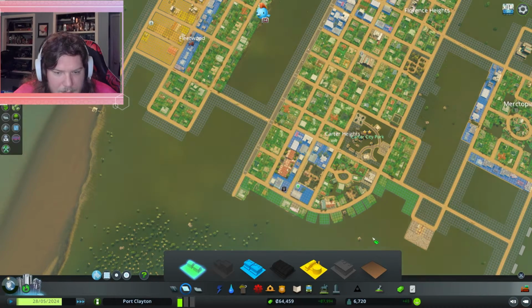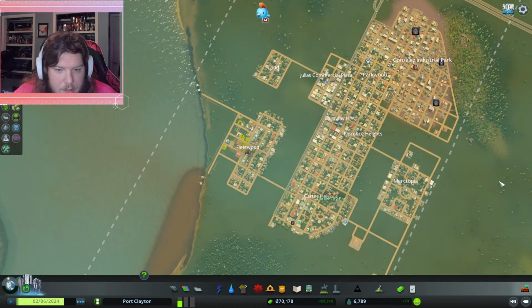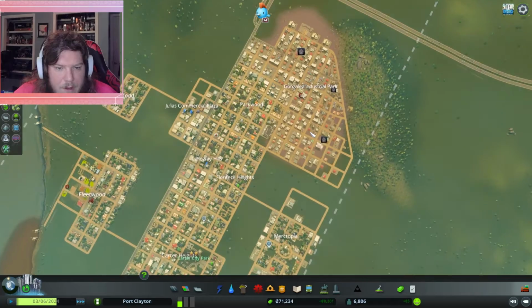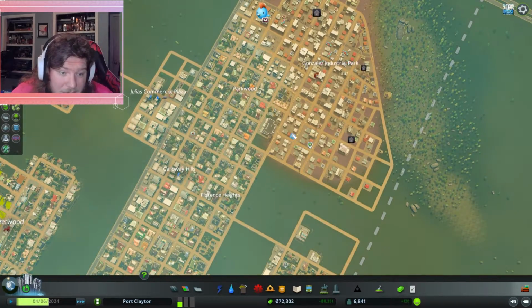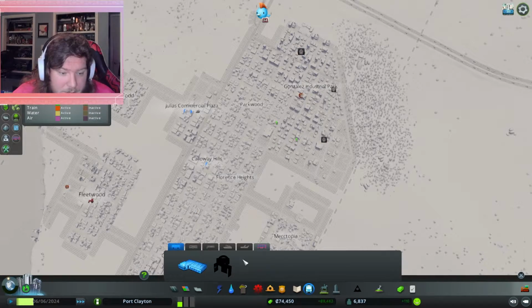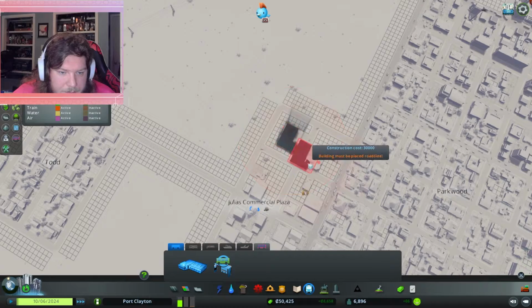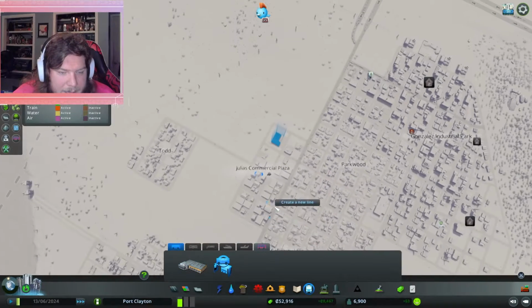Kind of like that, although that's a dump, so I don't want to do that. Everything is going well, except for we're getting a lot of abandoned buildings, so not a lot of workers. So this is when we really need to add in our public transport. So I think if we add a public transport here into the commercial plaza, then I can add in bus